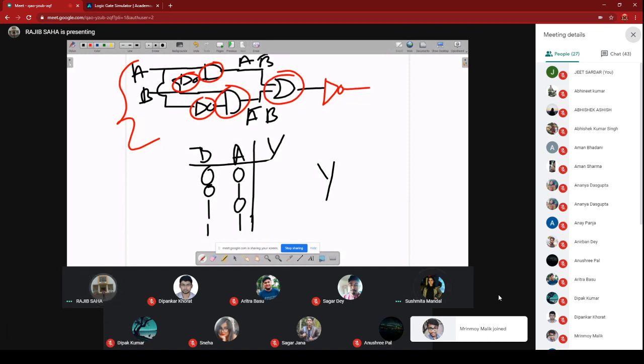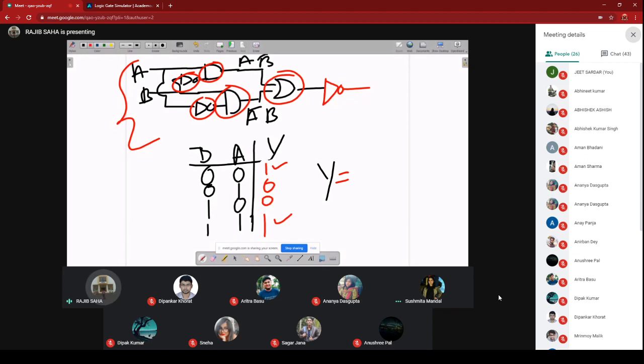For XOR, the logic was that for an even number of 1s, the output is 0. So for XNOR, for an even number of 1s, it is 1, and for all 0s, it should be 1. And for an odd number of 1s, previously it was 1, so now it is 0. So we are getting 1 at two positions. For the first one, the output function is A bar B bar, and for the second one, it is A B.